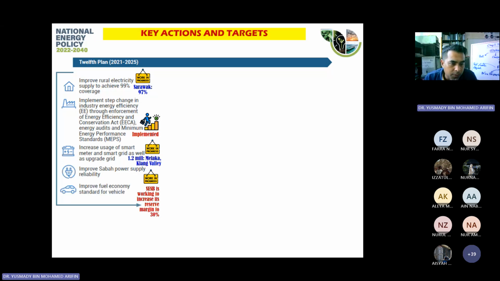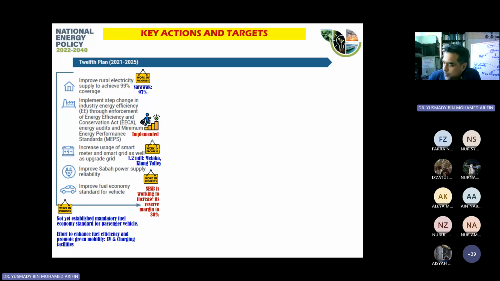And the last one, improve fuel economy standard for vehicle. Okay, still in progress. Not yet established in terms of mandatory fuel economy standard for passenger vehicle, but effort already being done for fuel efficiency and also promote green mobility, especially EV stand for electric vehicle, and also the charging facilities. So that's why sekarang kat Malaysia you tengok ada banyak kereta elektrik dan juga banyak charging facilities, for example R&R and so on. Dia ada tempat port untuk you charge kereta elektrik. So these are in terms of development of electric car and so on, actually based on this national energy policy.